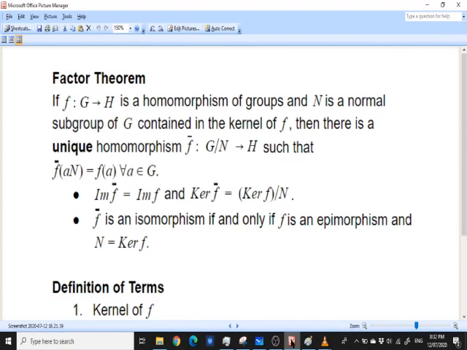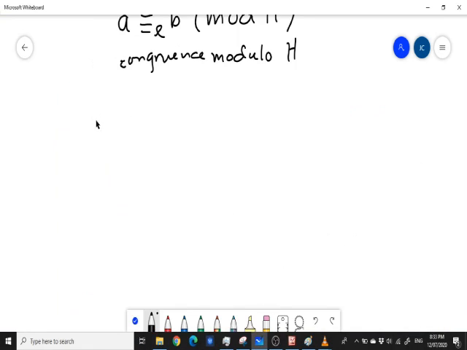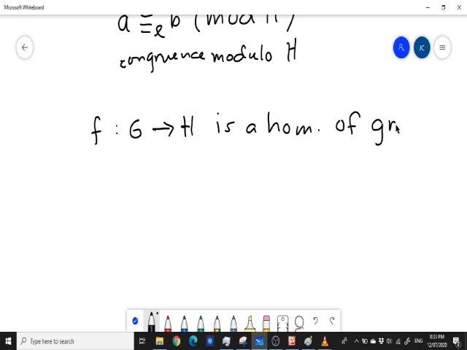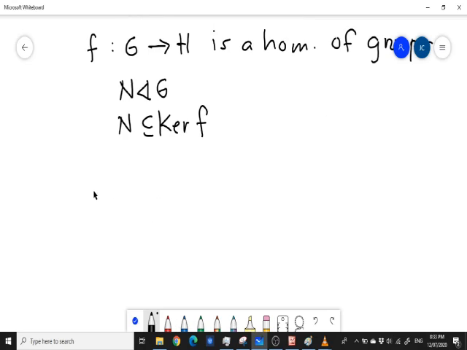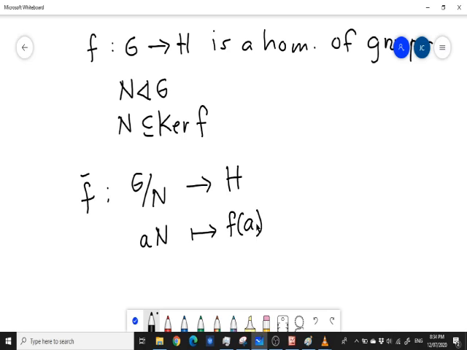The factor theorem says that if f from G to H is a homomorphism of groups, and N is normal in G and is contained in the kernel of f, then this mapping f bar from G mod N to H defined by aN is mapped to the image of a under f,